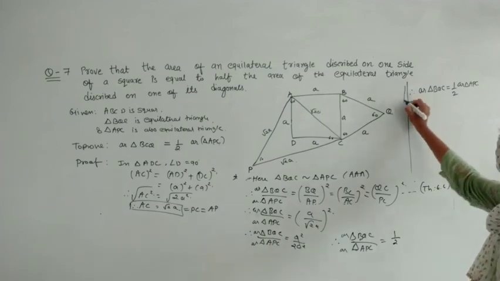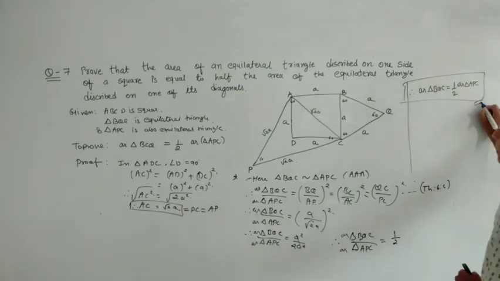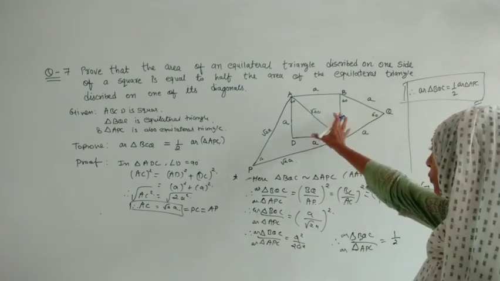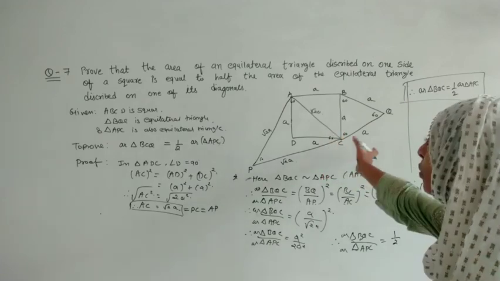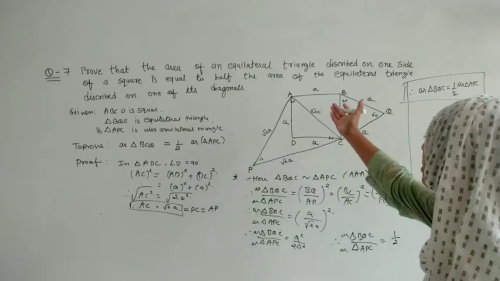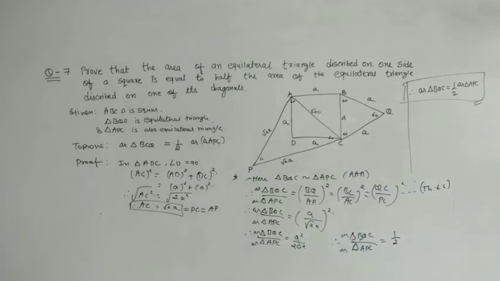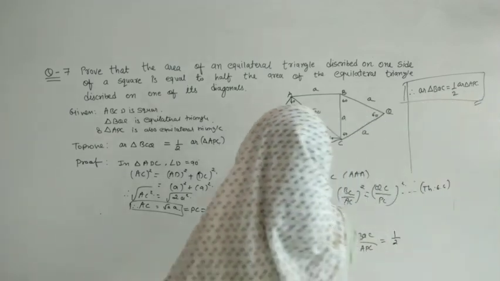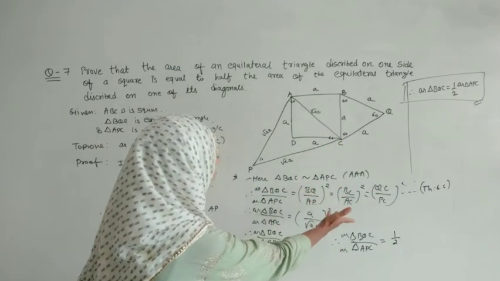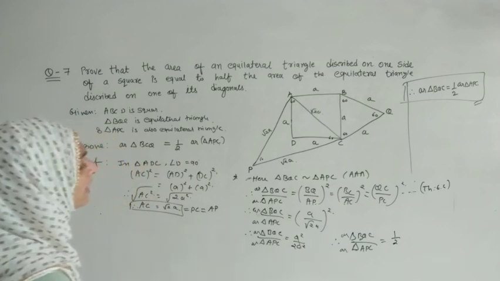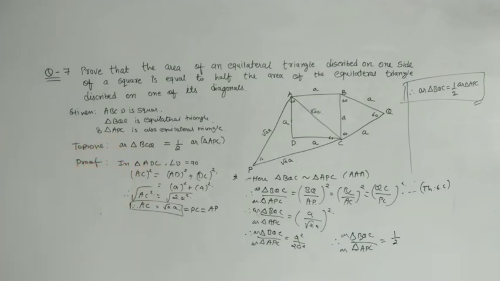The question is a little bit tricky because it is based on this figure. If you draw this figure wrong, you can't prove it properly. You have to mention all these things, what is similar, what is equal. Otherwise it is very easy, you just have to substitute values. You have to use the Pythagoras theorem also. Only then can you find the sides of the other triangle, APC, and then you just have to substitute values in theorem 6.6 and you easily get the answer.